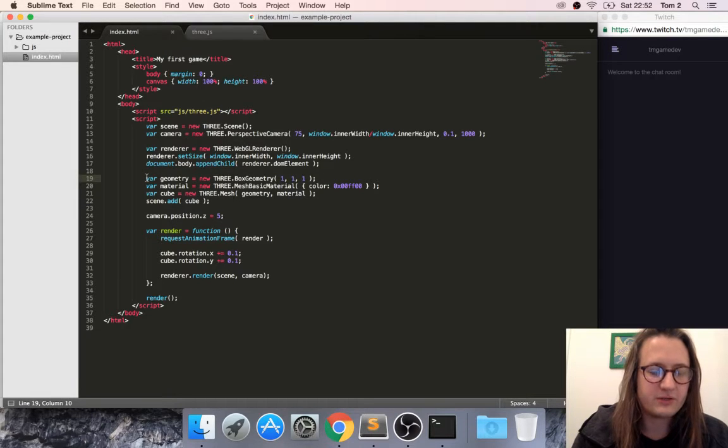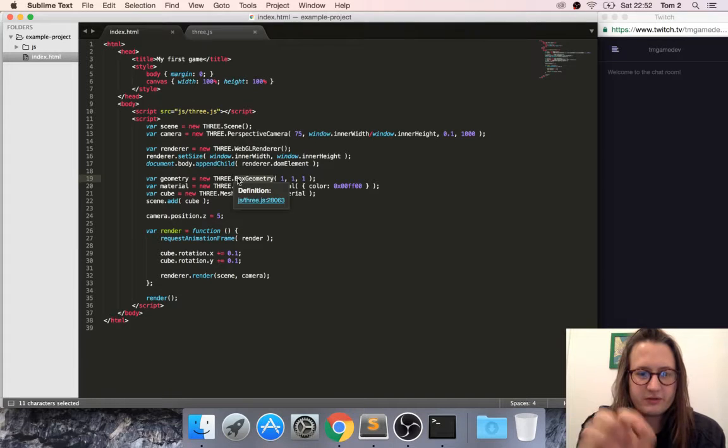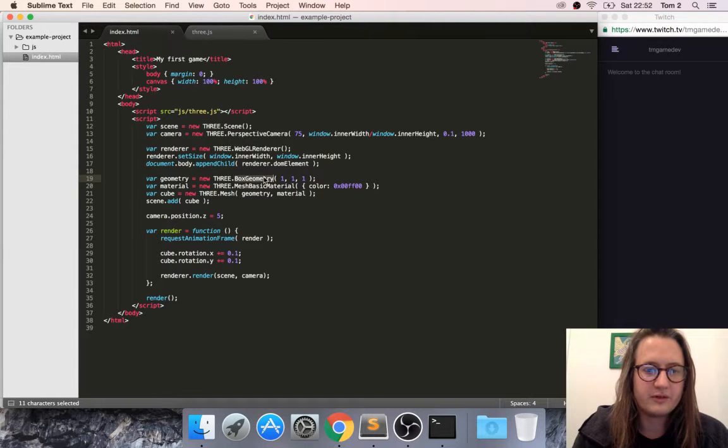Every Three.js object consists of some geometry and a material. The geometry here is a special kind of geometry called a box geometry. It basically holds all the points in the 3D object that describe how it's made up. This box geometry just takes 3 parameters. The first one is how wide the box should be, then how tall it should be, and then how deep it should be. So 1 unit wide on the x-axis, 1 unit high on the y-axis, and then 1 unit